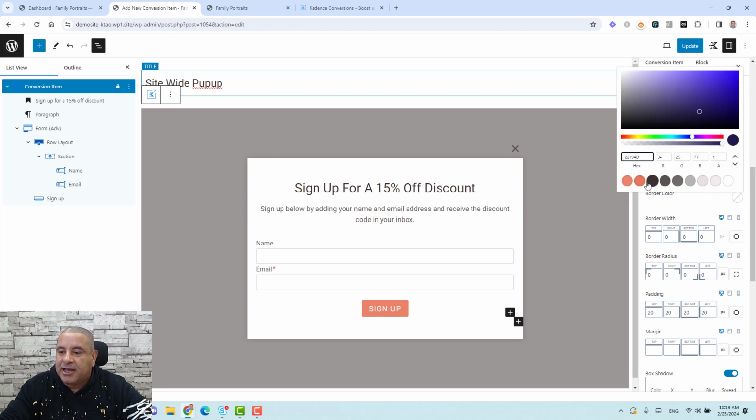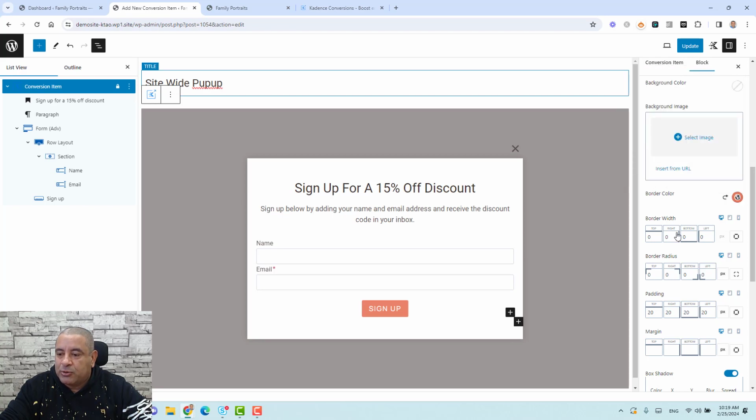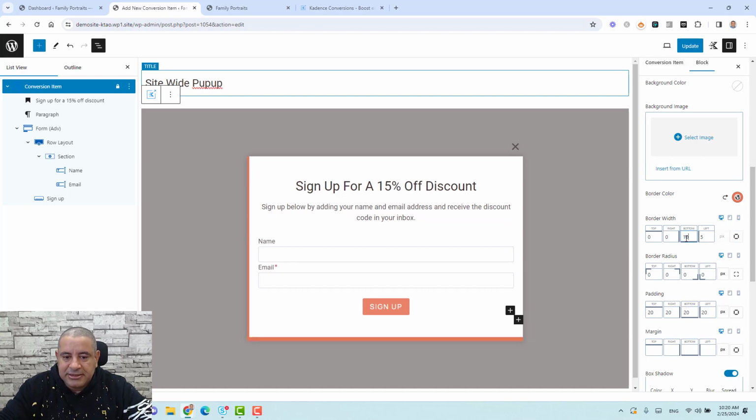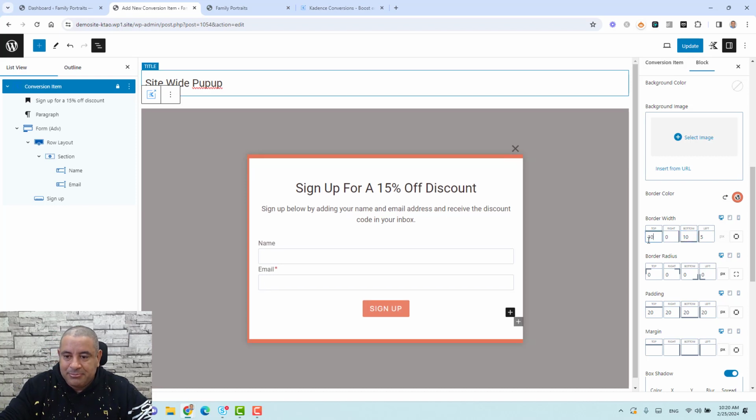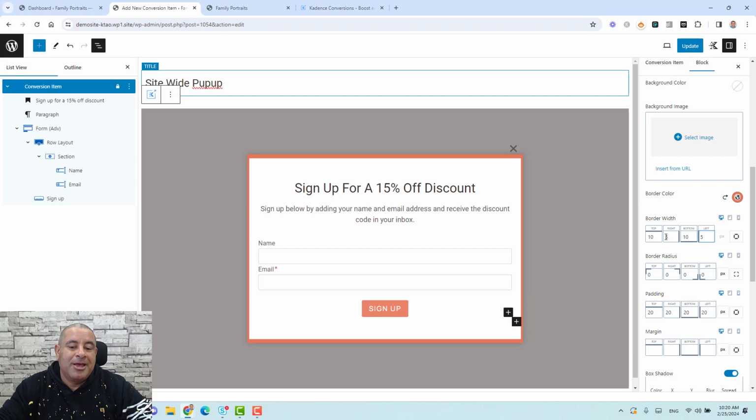Let's say that I want to have this border. I want to change the border size to be, let's make this like 5 pixels. Let's make this 5 pixels or 10 pixels. You can even style it to whatever you want. And let's make this 10 pixels as well. I like it to be 5 here and 5 here. This looks nice to me, as I mentioned. So let's click update